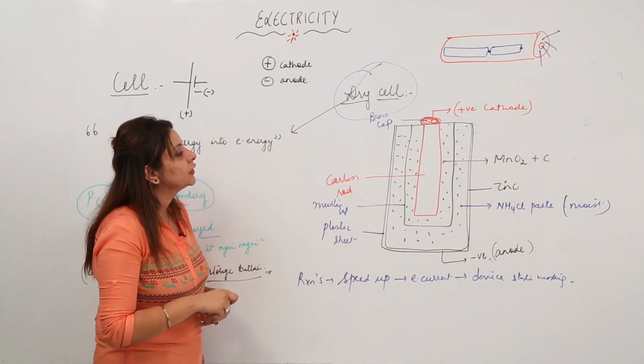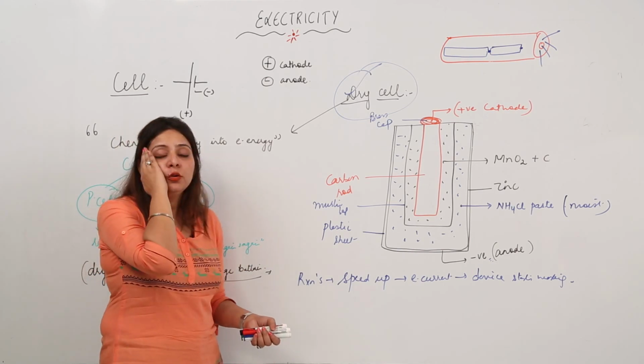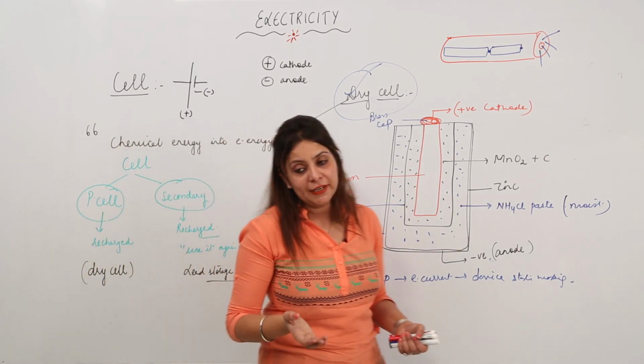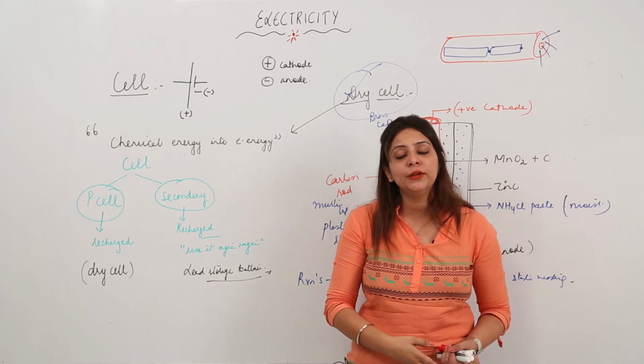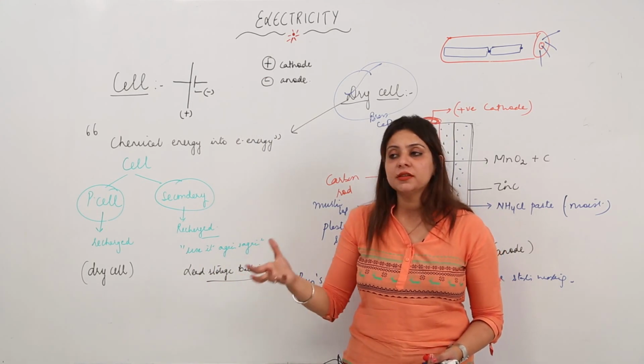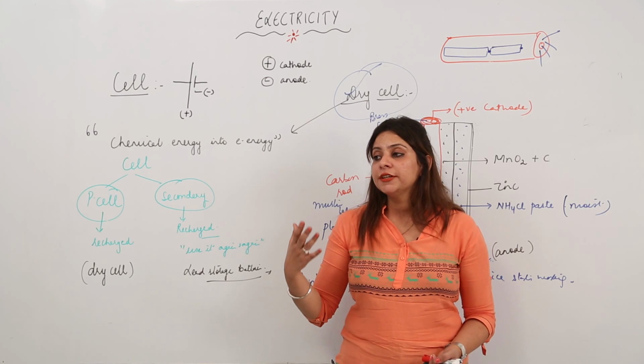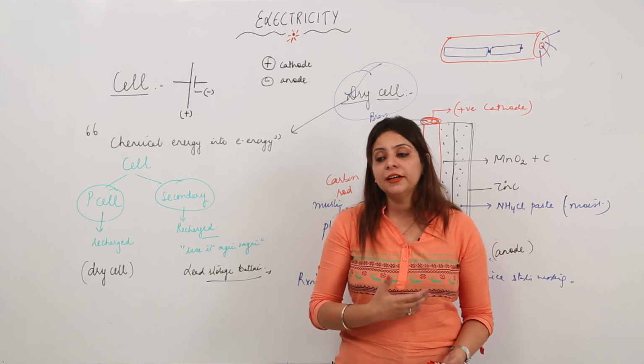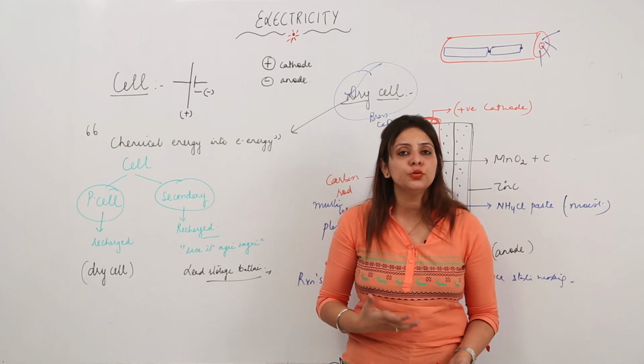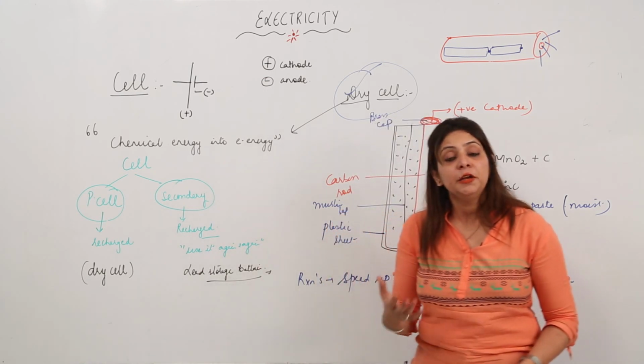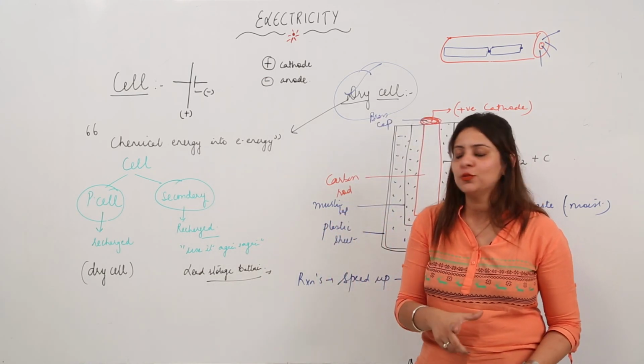So this is how the cell actually works, and you know that the cell is used in many portable devices. It works in clocks, calculators, watches, torches, and tape recorders. So they have a vast use. They are being used in many portable devices. It would be correct to say that.